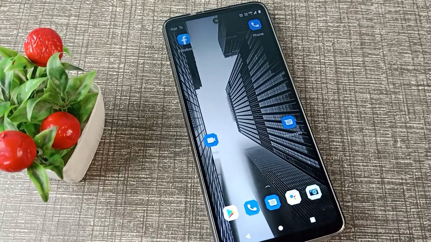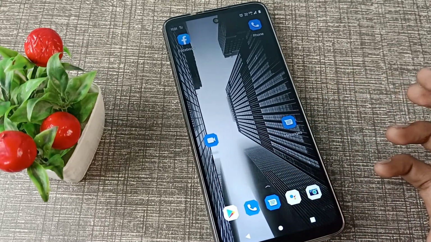So your internet problem has been solved in your Motorola phone device, then guys you can use your internet setting without any problem. After that guys, if you have any problem in your mobile internet settings, so wait, don't worry, take